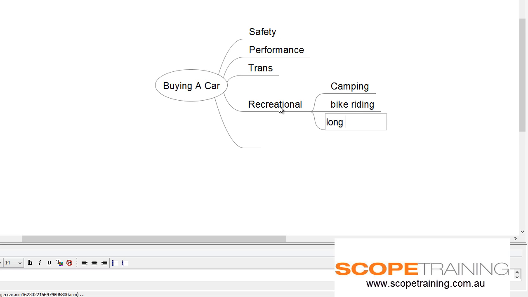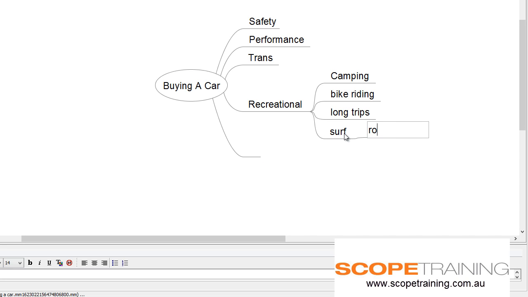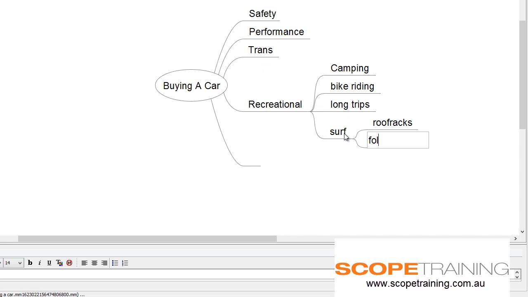We go for long trips, and also we surf. So we need a car that can suit those purposes. All right. See how easy it is to do those? We could even go down even further, under surfing. So obviously we need a car that has roof racks, fold down seats,